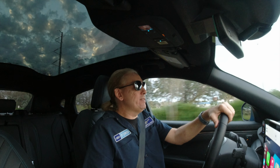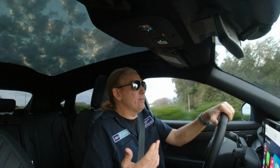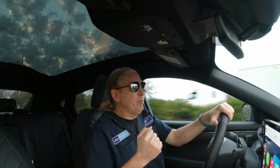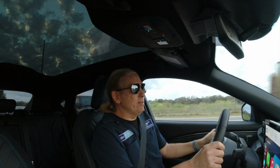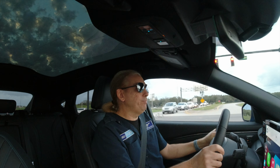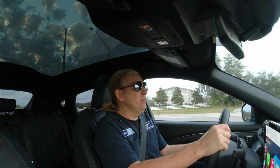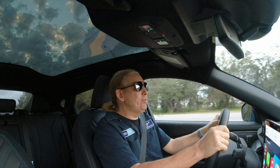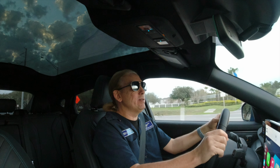Now, I'm not going to try to tell you that it's as easy as owning a gas Mustang. Obviously, there are some challenges to finding charging stations and all that sort of thing. That's mitigated by Ford's navigation system, which will take you right to the most available, convenient charging stations should you need it. But they're not as prevalent as gas stations, so it does turn it into a little bit of a game. It makes it fun to kind of plan your drive